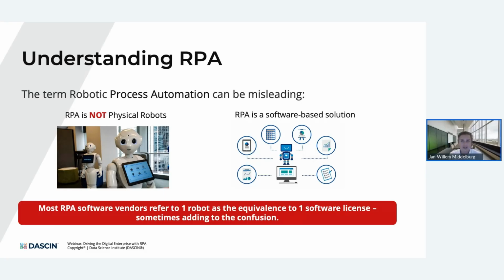So what most of the RPA vendors are doing is that they are pricing and licensing based on capacity or workloads. And therefore, you generally see this kind of terminology. So sometimes this adds a bit to the confusion. What that means is that if an organization says that we have 8 robots running, it basically means that they have subscribed to 8 licenses or robot instances. And that's really the way that you should be looking at this.